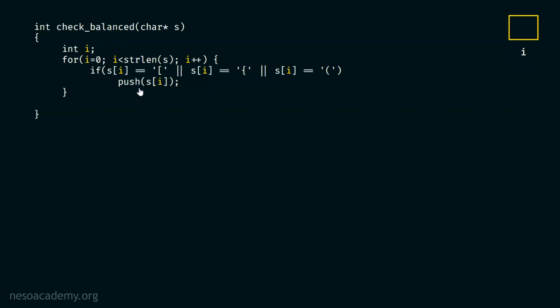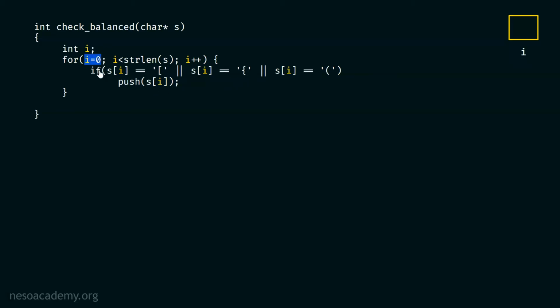We'll define this function later. We already know this, that how the push function works. This is not a big deal. Let's say this push function is capable enough to push the element onto the stack. Okay. Here we are checking this condition, is SI equal to left square bracket or left curly bracket or left round bracket, then we must push that symbol onto the stack.